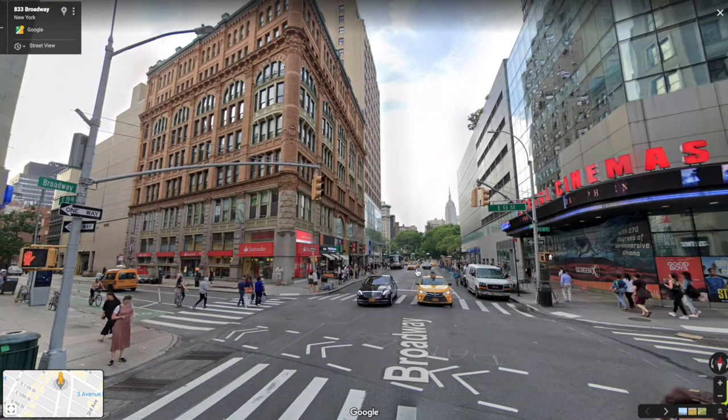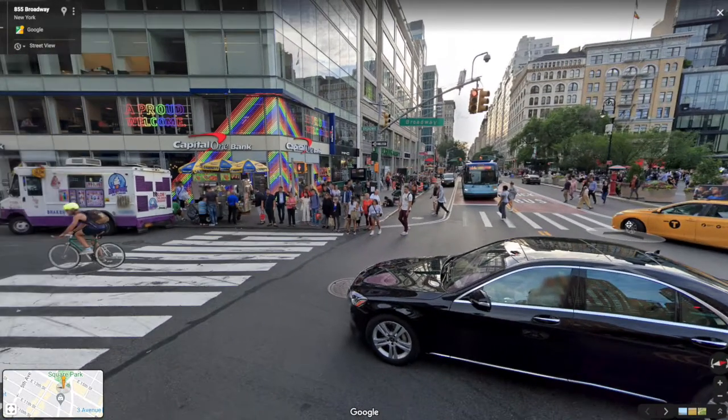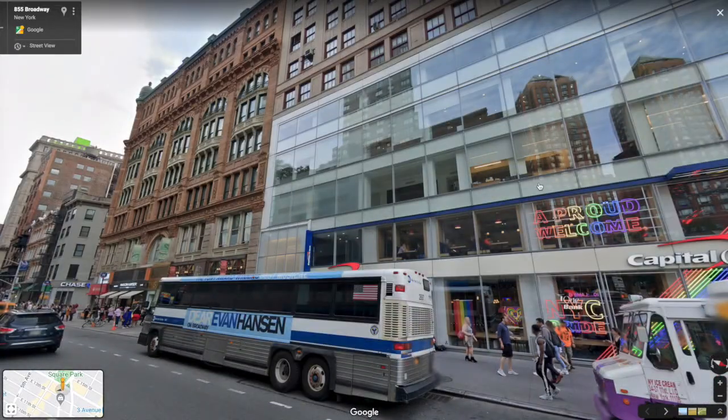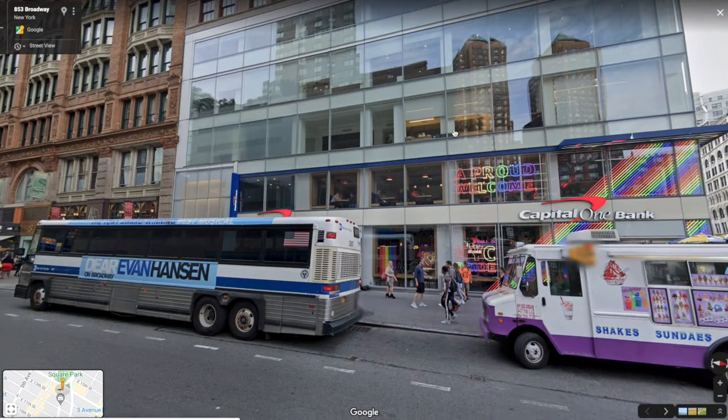We keep moving up. This whole time we're sort of walking north. We end up at Union Square. Speaking of the Roosevelts, and this is the second of the interesting stories that I want to share, this building on the corner next to the Roosevelt Building was also a Roosevelt building. It was the mansion of Cornelius Roosevelt, obviously not the same building that's there now. It was the mansion of Cornelius Roosevelt, and what's amazing is that in 1865,